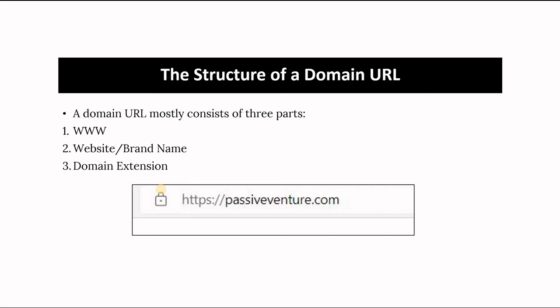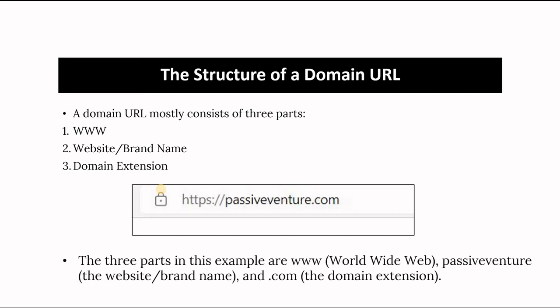So here, as you can see in the image, we can see the two parts. So www or the World Wide Web, you can either add that or you don't have to add that. Whichever way you type in the browser, you will reach the website. So in this case, let's look at just the brand name and the domain extension alone. So here Passive Venture is the brand name and .com is the domain extension. Moving ahead,